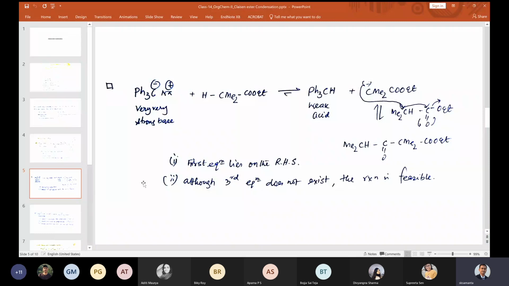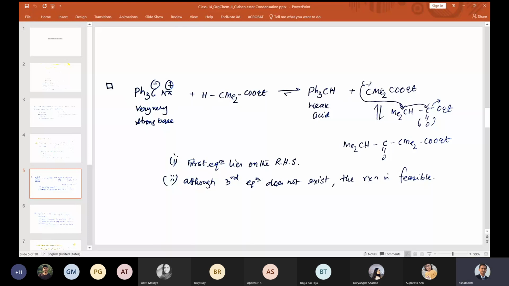What we are saying is that now we want to take a very strong base. What is that strong base? We are taking this Ph3C minus, triphenyl methyl sodium. Okay. We take this base. This is a very strong base, and this picks up this proton to form this Ph3CH, okay, and this conjugate